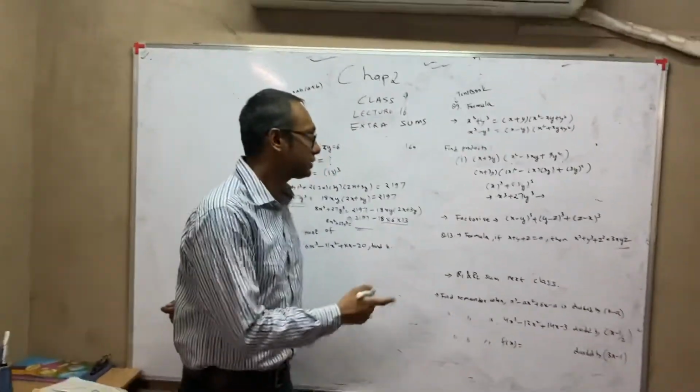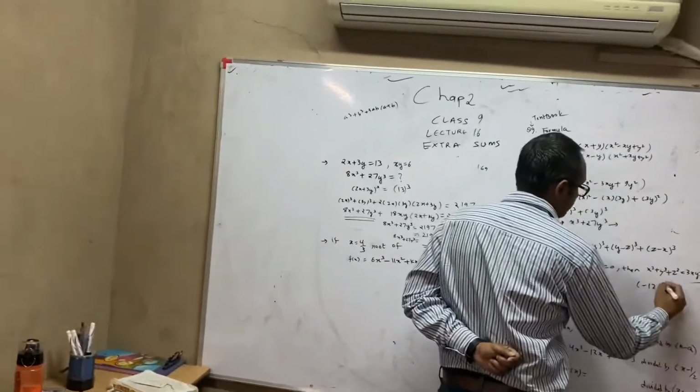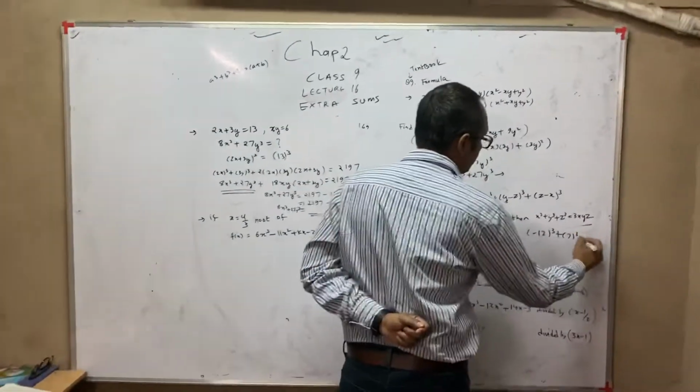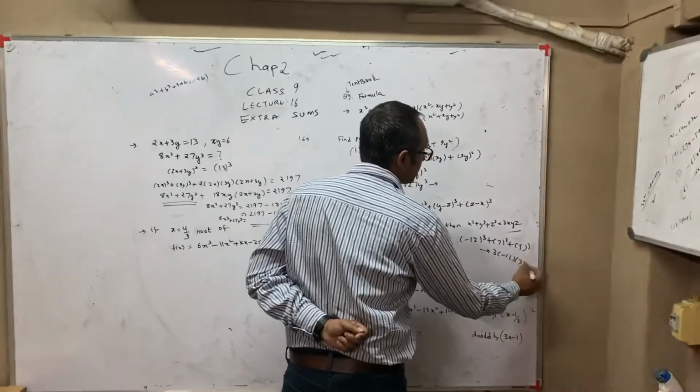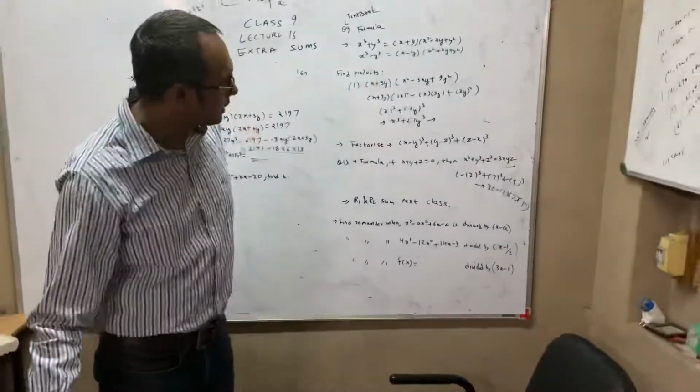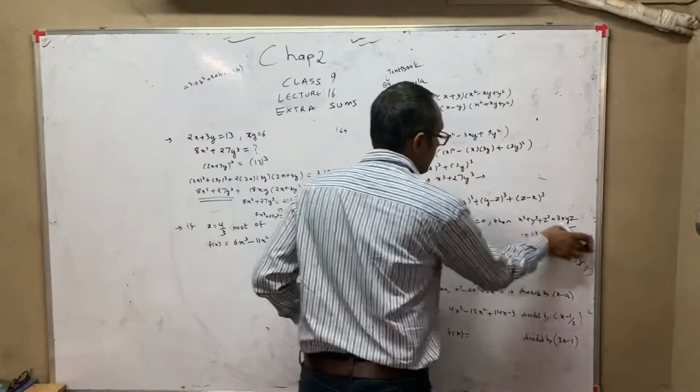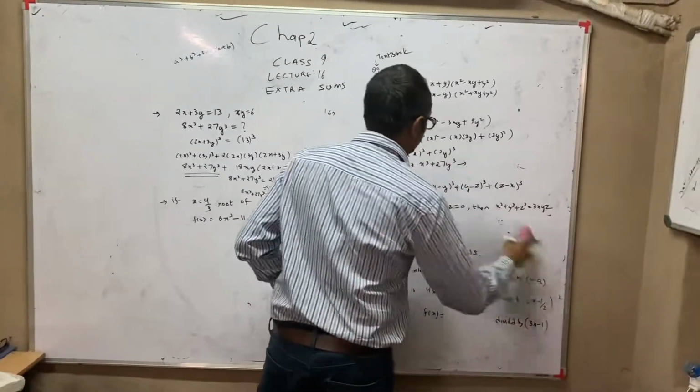And then you have used this formula for finding this also: minus 12 cube, 7 cube and 5 cube, and then you have just multiplied the 3 terms. Okay, you remember this? So we are going to use this formula only for this. The first step you have to do, just write this.